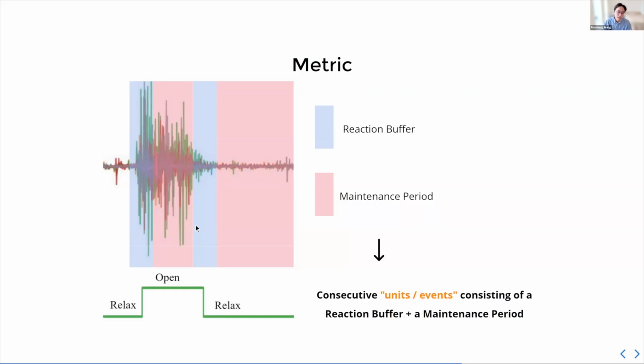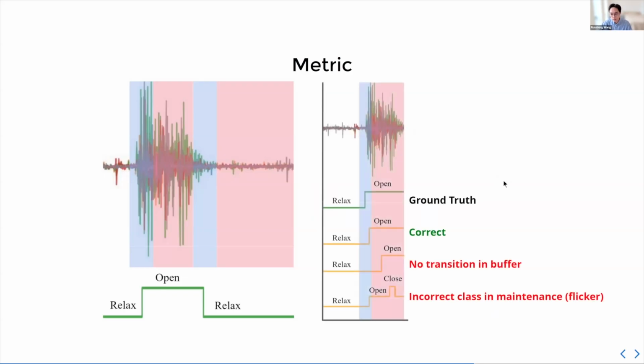And now we can evaluate the online performance of our model using this kind of event or unit-based approach, where it is only a good prediction if it is fast, meaning that it lies within this reaction buffer, and that once it transitions, it is very stable after that. It does not make wrong predictions, right? So there are no flickers. Some examples of this you can see on the right: you see the ground truth on the very top.